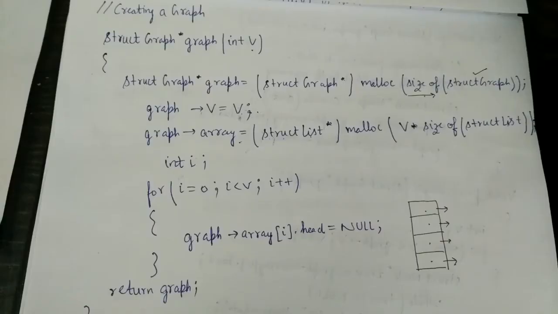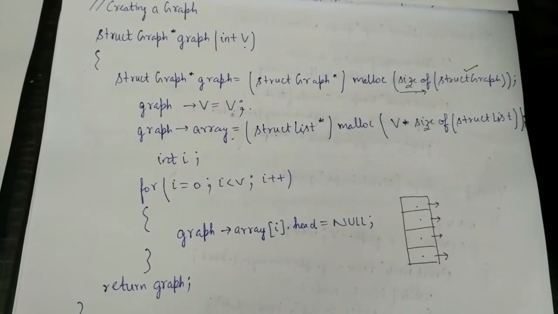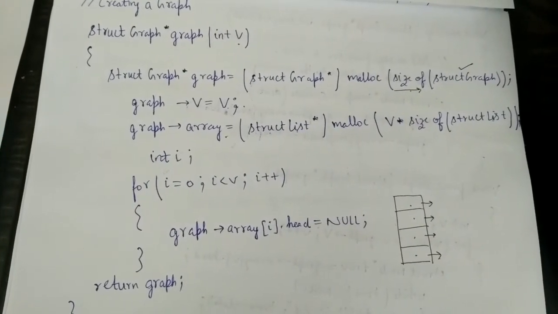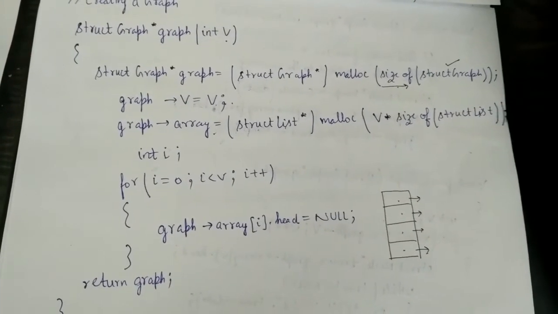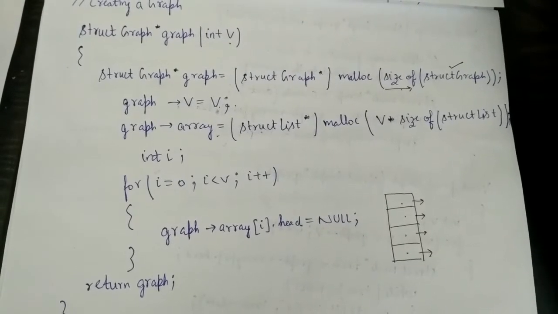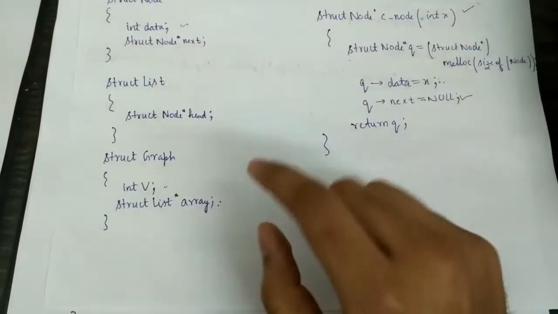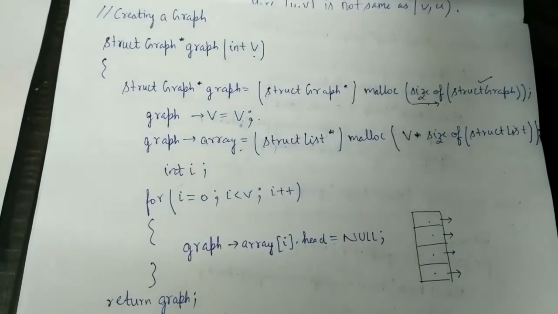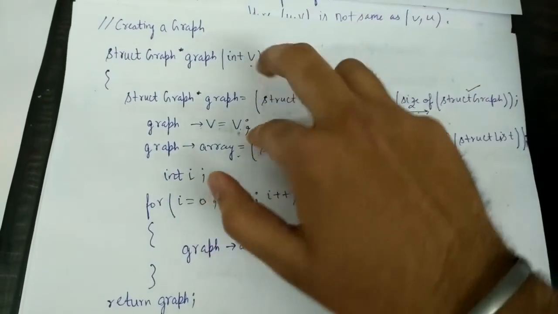So now we will create a graph. We would make a function for it. It would take as an input the number of vertices in the graph. First of all, we will allocate memory to the graph dynamically. This would return a pointer that would point to the graph. And now we will set its data fields. So what are its data fields? These are the number of vertices and an array of adjacency lists. So we would set the number of vertices data field as the number of vertices that we took as an input,